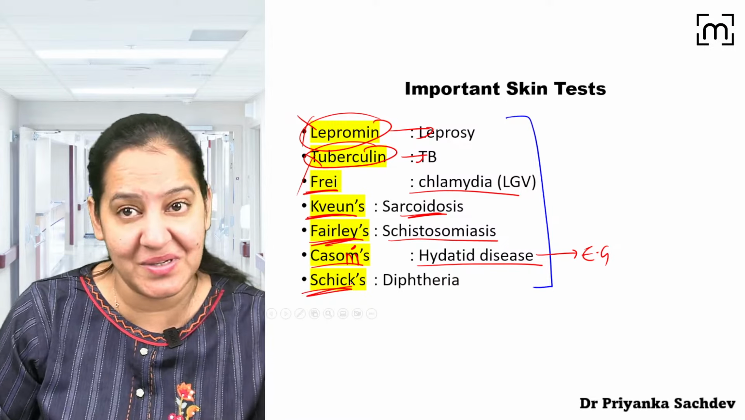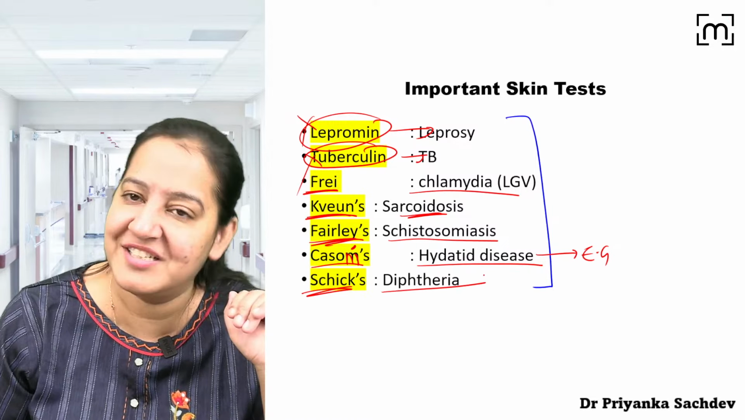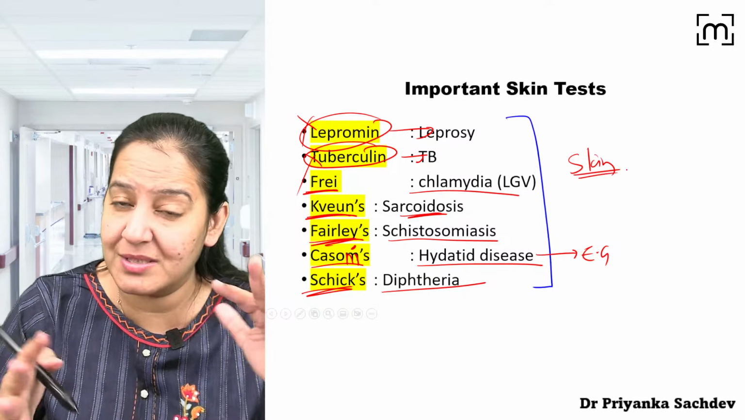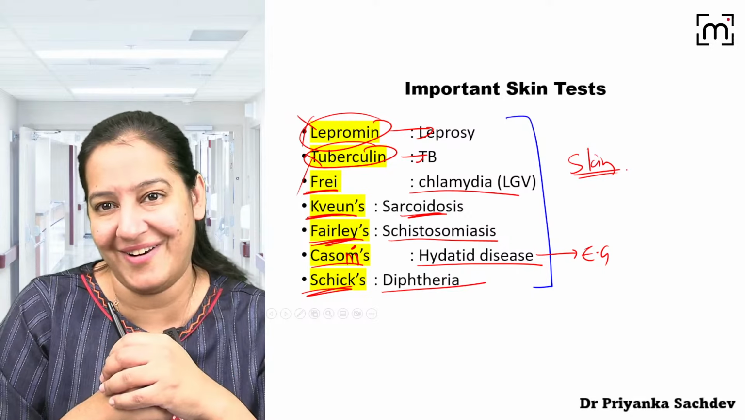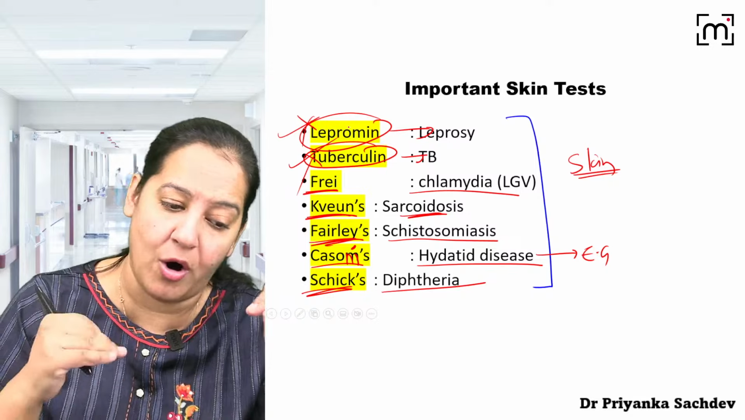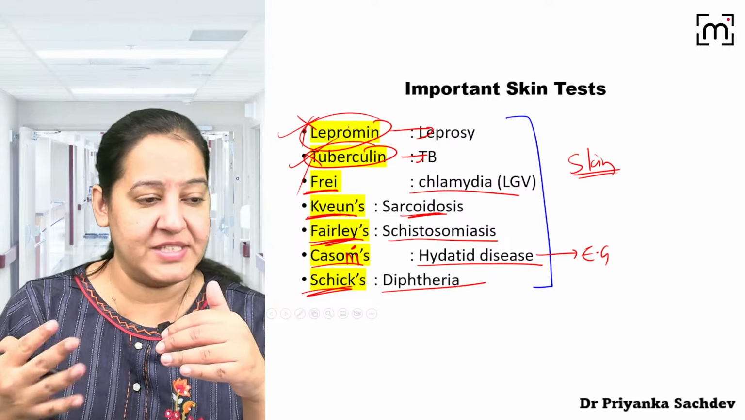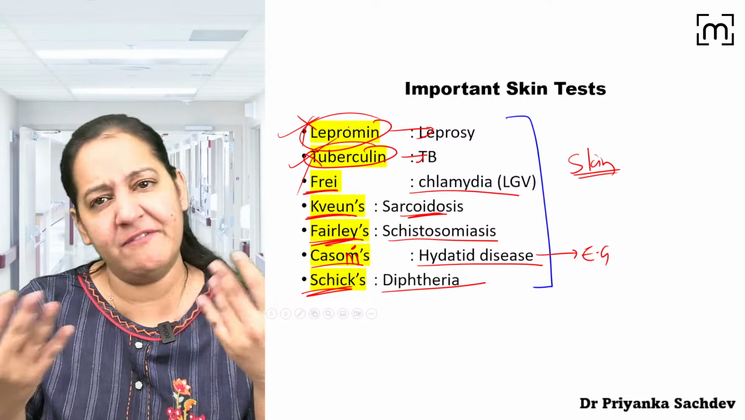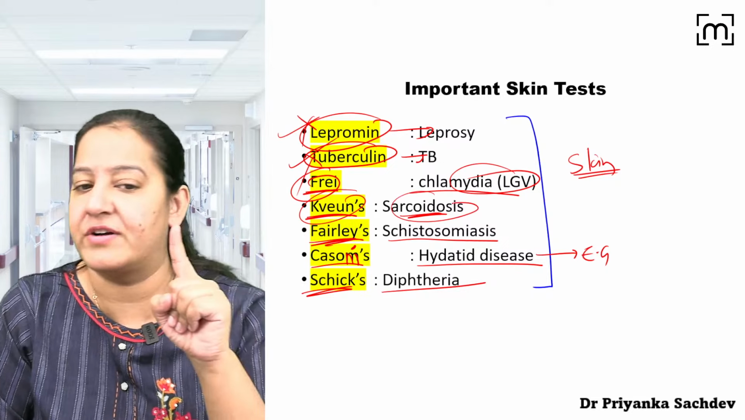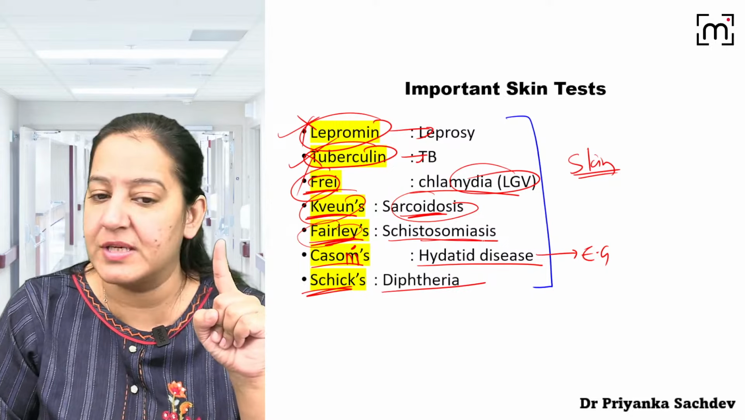And Schick test is also a skin test. It is done for a bacteria, diphtheria. So I guess these all are skin tests done for diagnosis of some bacteria or parasites. Right? So most of the students know only two, but the others are also PYQs. Now I'm not wasting my time putting the PYQs on these. They will be one-liners. So Fry's test is for chlamydia, Kveim test is for sarcoidosis, Fairley's test for schistosomiasis,